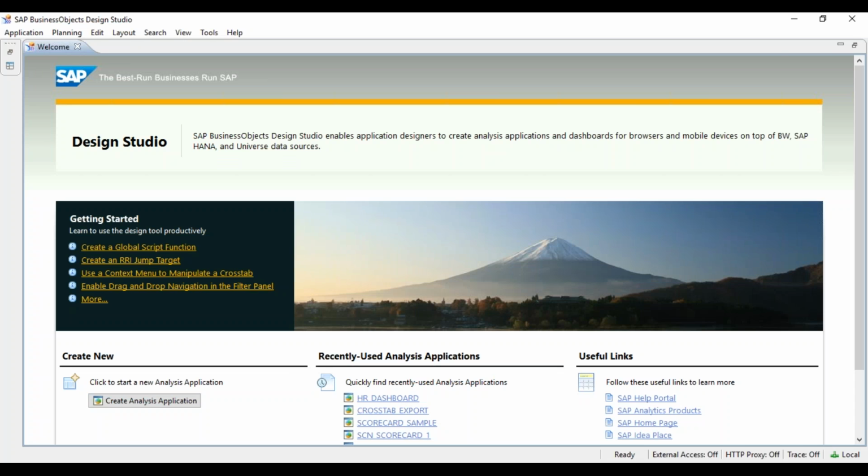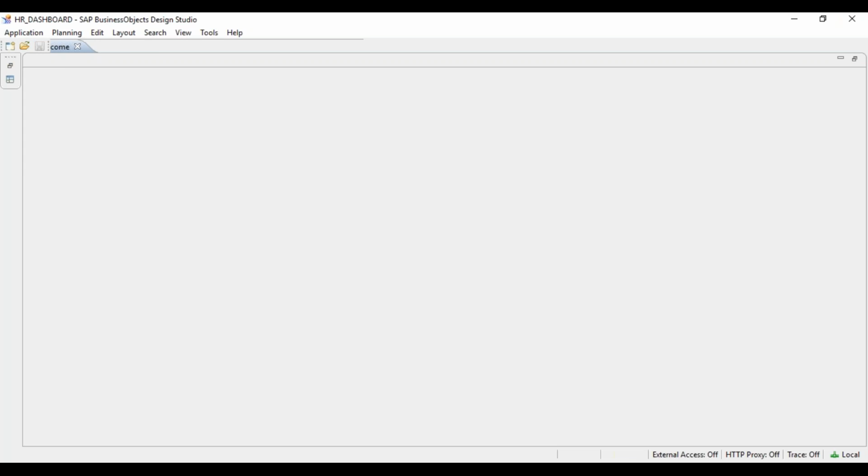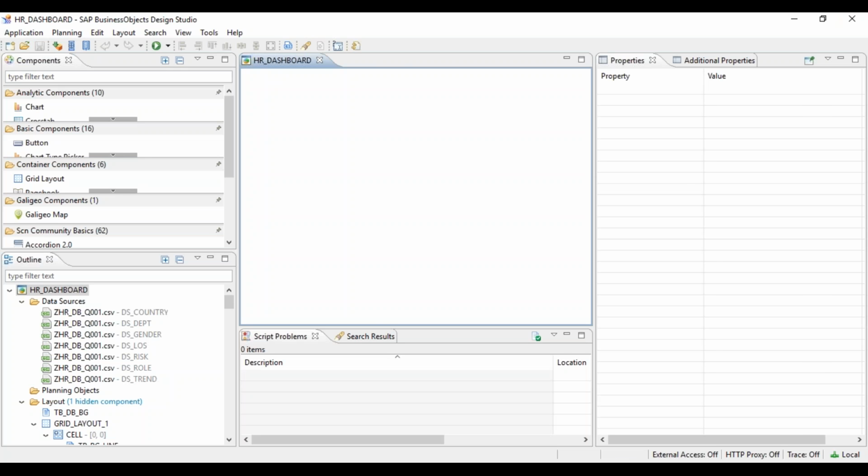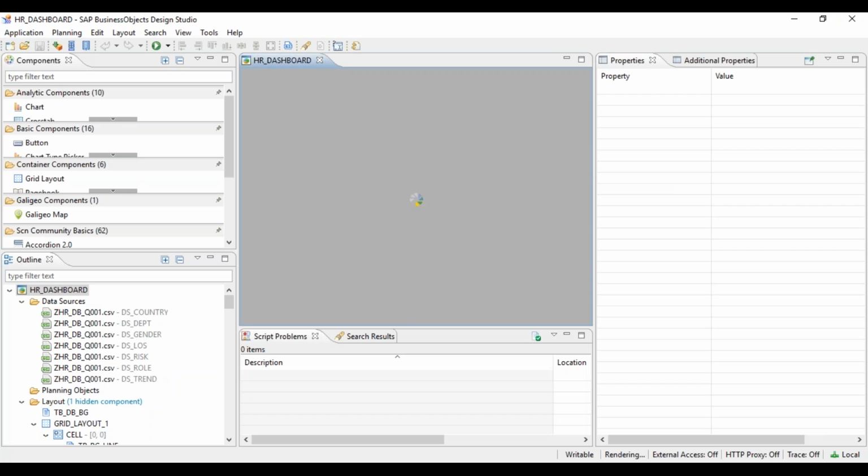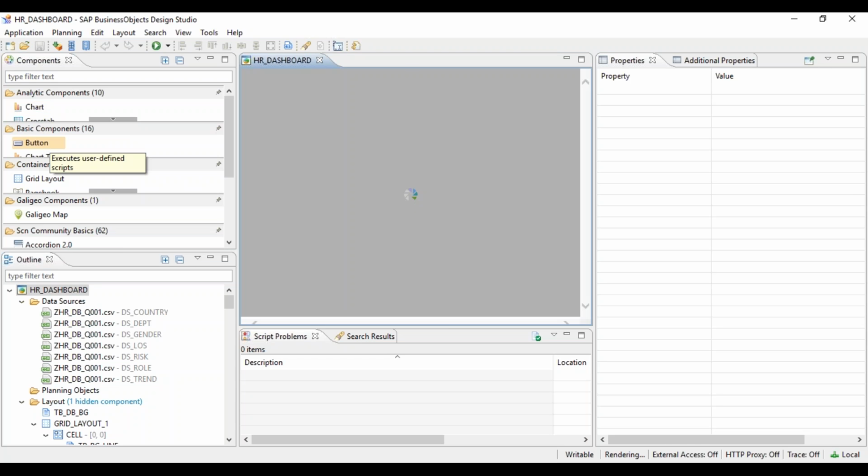You got it? UI5 part, I'm not sure, but whatever components are there in the Design Studio, right? No, no, UI5, whenever you go for desktop, it takes the desktop version of UI5. When we go for mobile, it takes the mobile version of UI5. Basically, we are calling UI5 in the background. So on the mobile side, yeah.